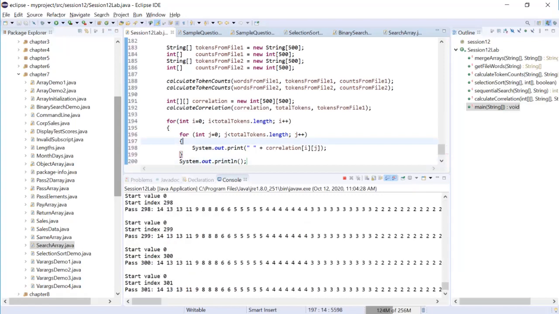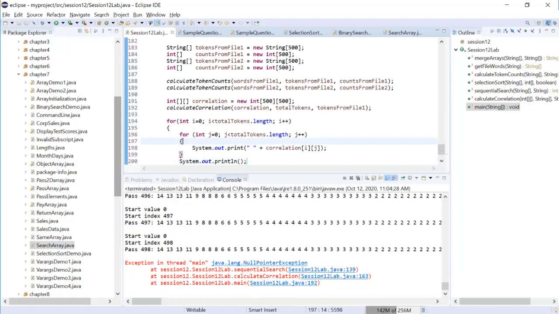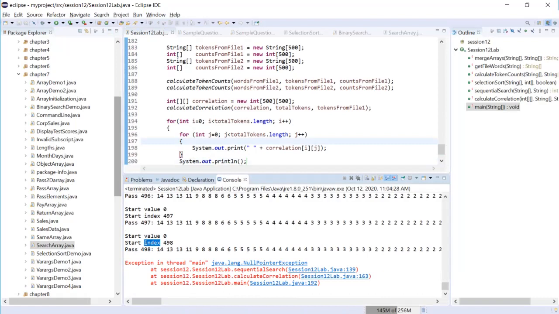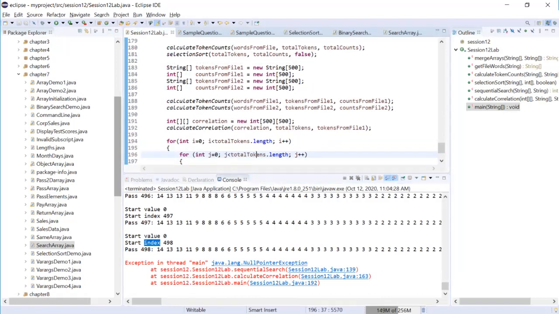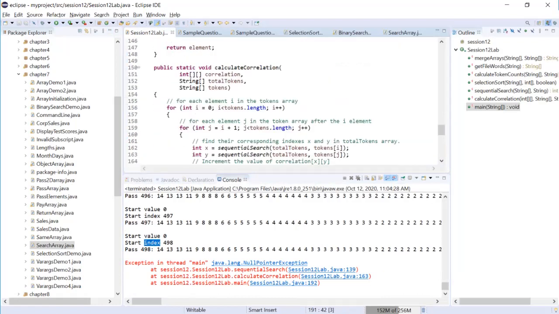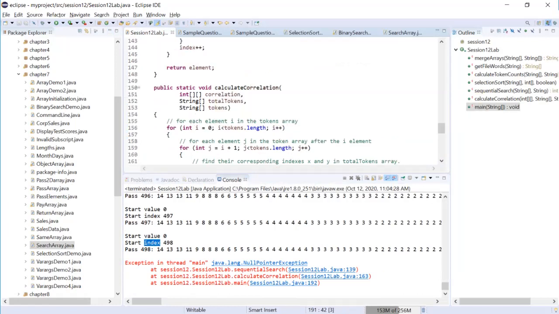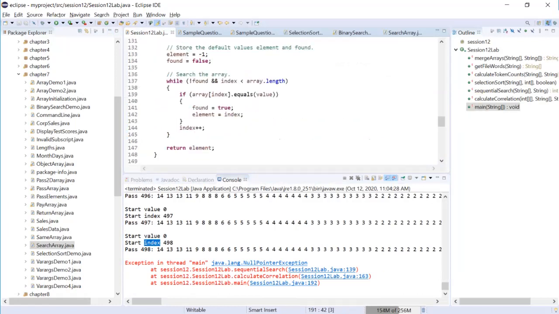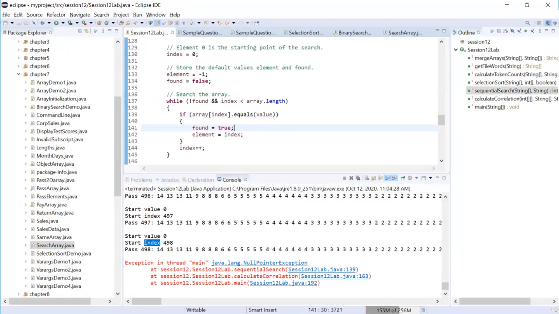Okay, let's do it. The sorting takes a while. Oops, I think there's a null pointer where we are doing sorting, and oh, because equals. So I don't think we can, because this is a partially filled array. I don't think we can do that. We can do equals in this sequential search. So